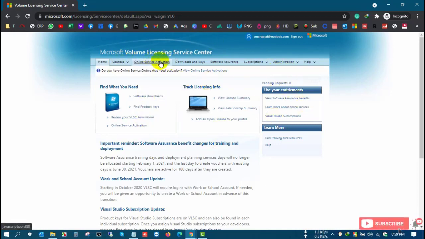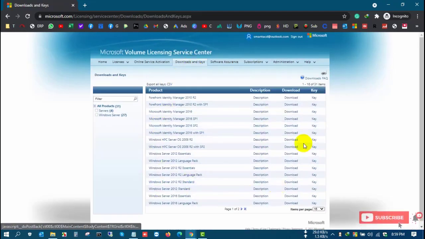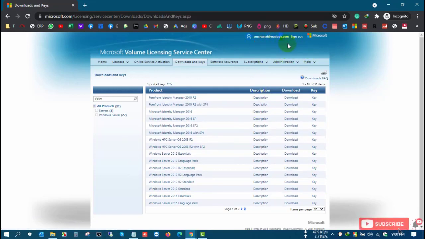All of my options are shown in here, and the mail address is shown in here, the outlook.com. You can see all your licenses in this tab, and your account outlook.com.